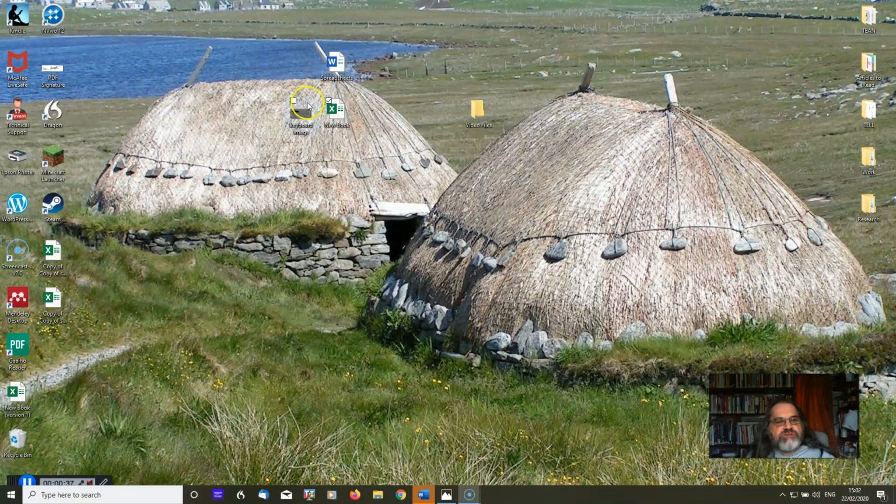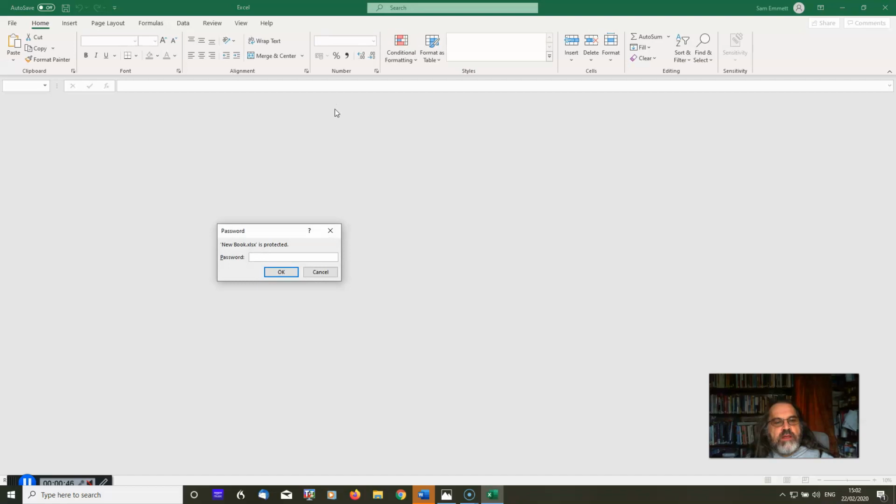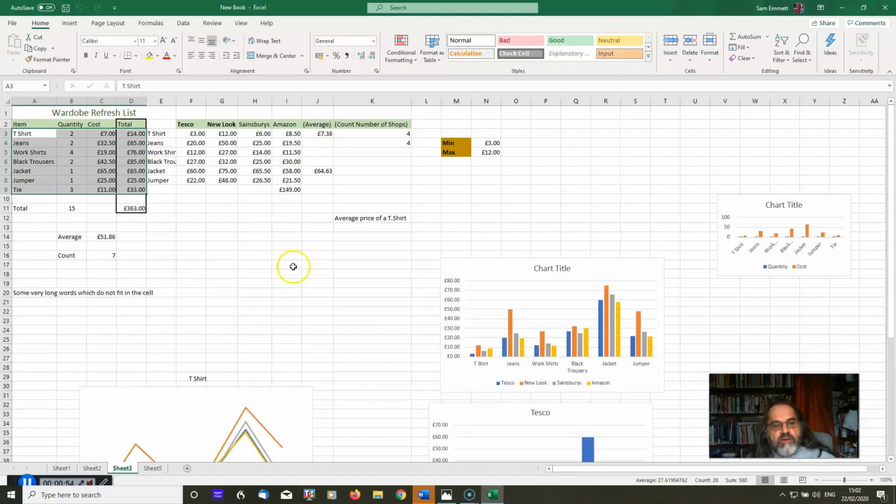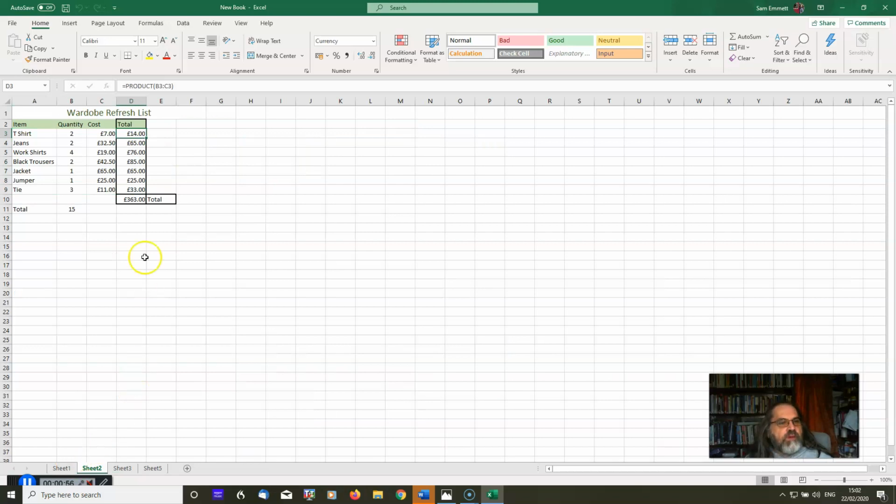last video I mentioned something about protecting it. This is what it looks like when you protect it with a password. Open the spreadsheet and it's got a password it's asking for, which is totally unoriginal today. I chose a password. Now I've got my spreadsheet. Okay, so